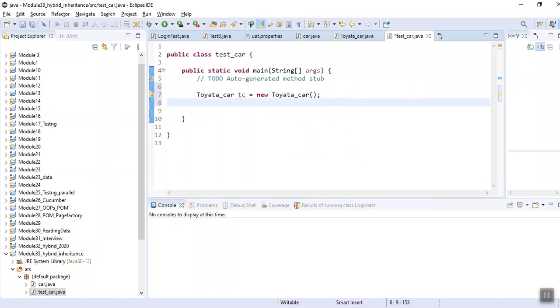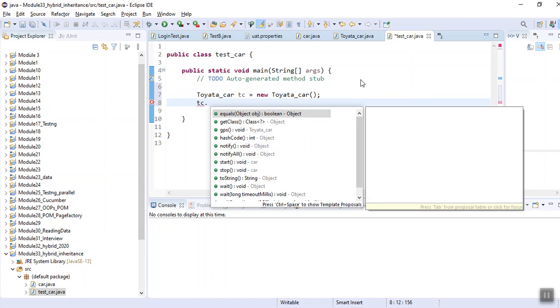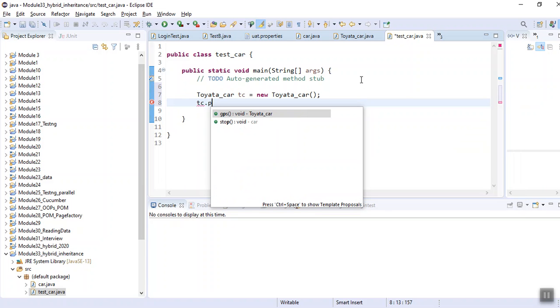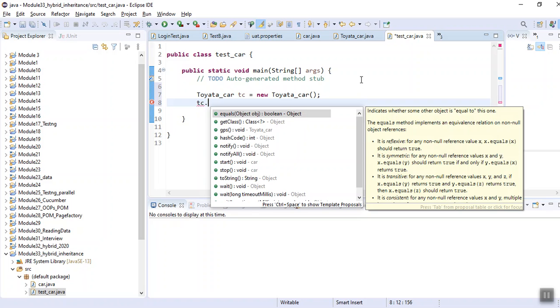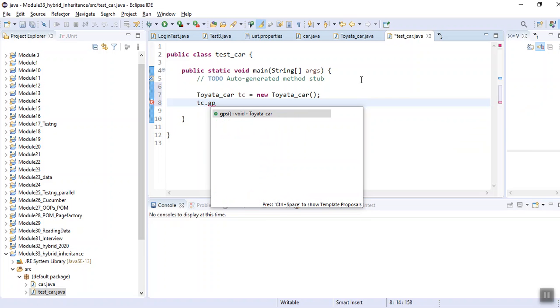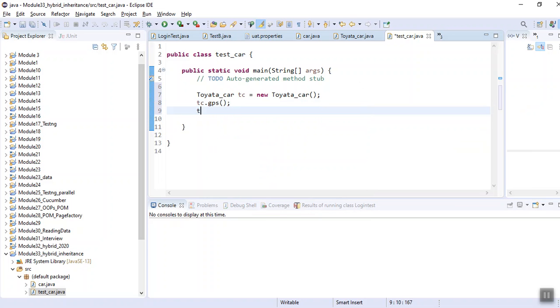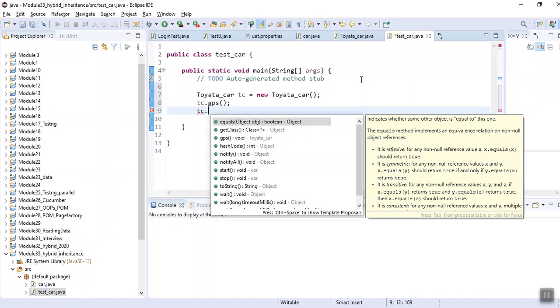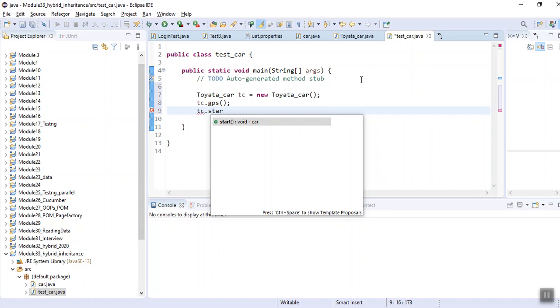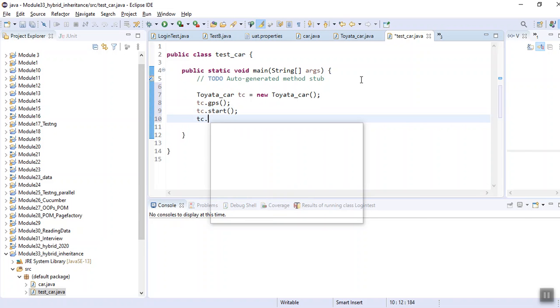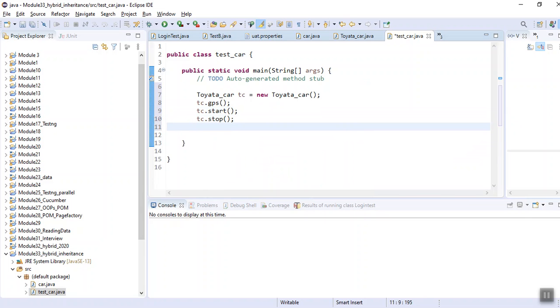So now you can see TC, it can have the GPS function. Okay, it can have the start function, it can have the stop function. Fine, it can use all the three functions.